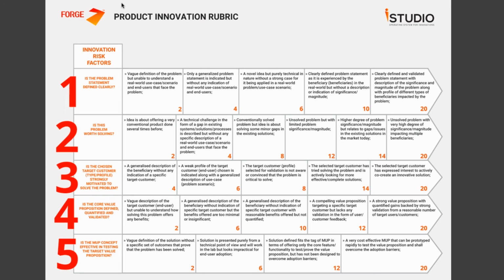So this canvas can help you self-assess your product innovation and complete the design thinking process of problem validation, user discovery to bring in insights from primary and secondary research into your MUP challenge brief, help you define the value proposition and come up with a technical spec sheet of your MUP, which will potentially help you build a prototype which will help your target customers experience value. Let me quickly explain you the canvas.